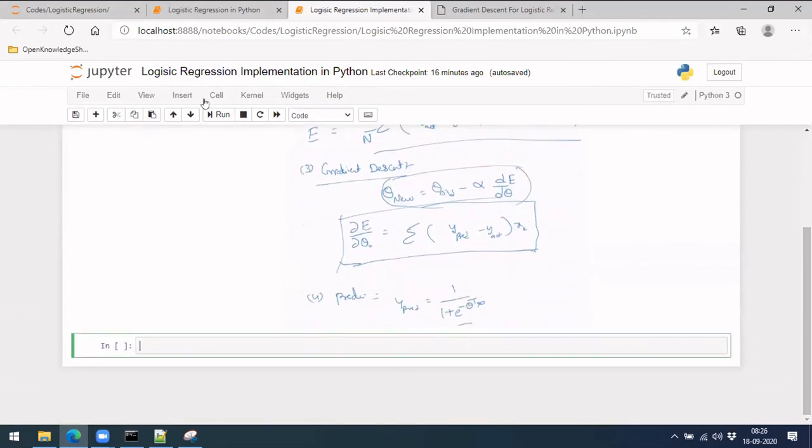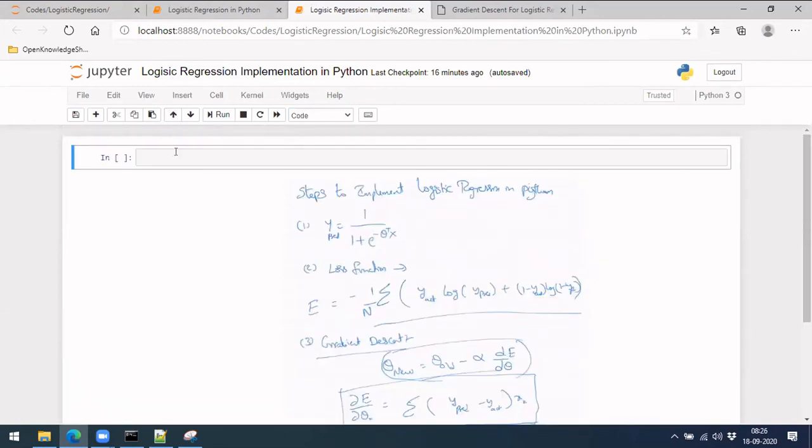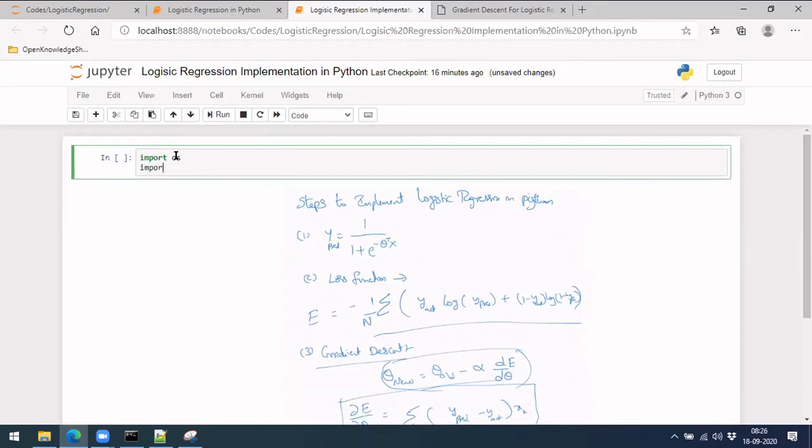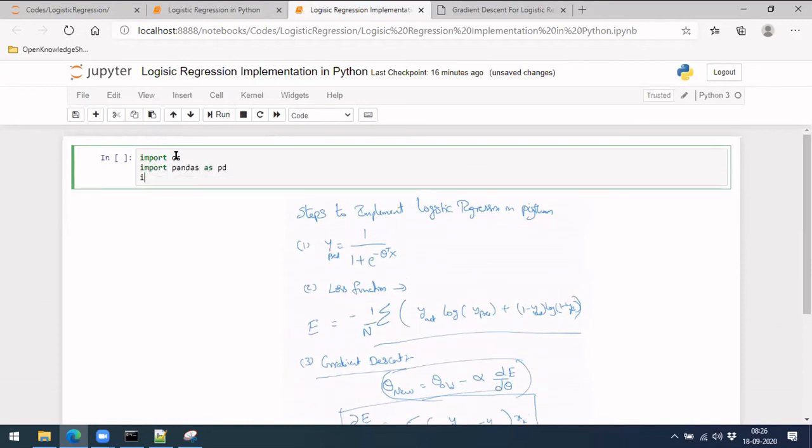Let me move it up and call all the code. So import os is needed, import pandas as pd is needed, import numpy as np. So initially let's take these three.